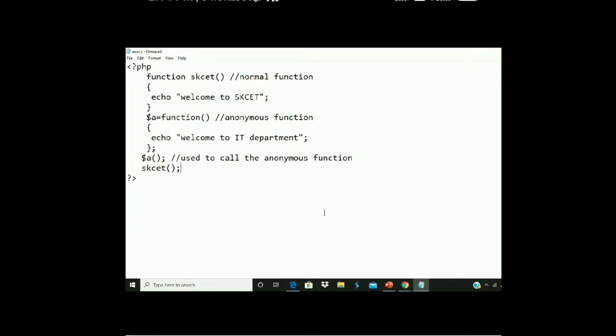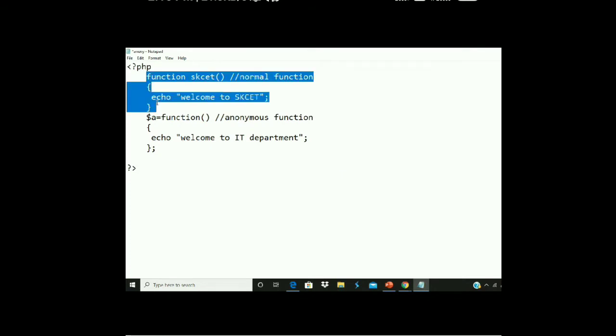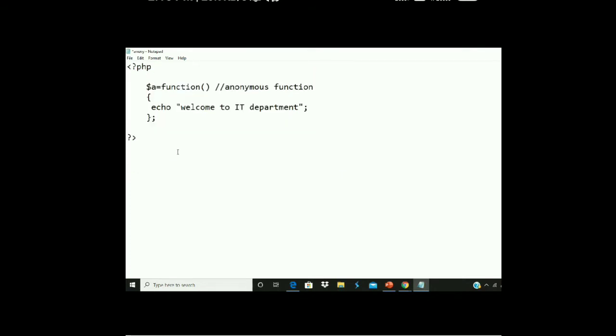Excellent. Okay, now listen carefully. Suppose I put up your question. I have an anonymous function like this, and I don't call this function. Listen carefully. I have only one anonymous function and that function has been assigned to A here. Now I save this file. Now I want to use this function in another file. Let us assume that this file name is anony.php.